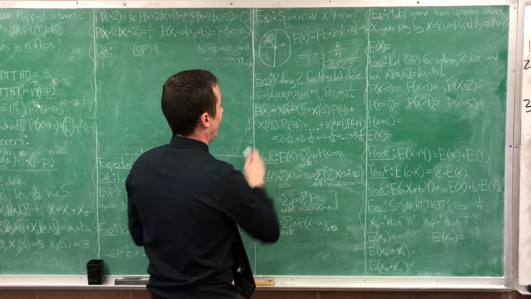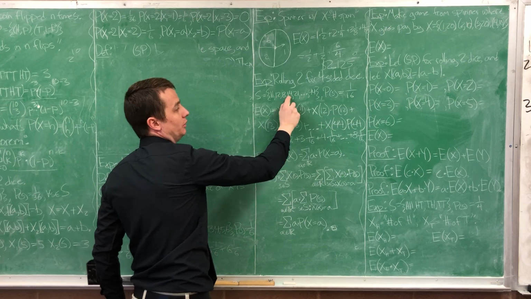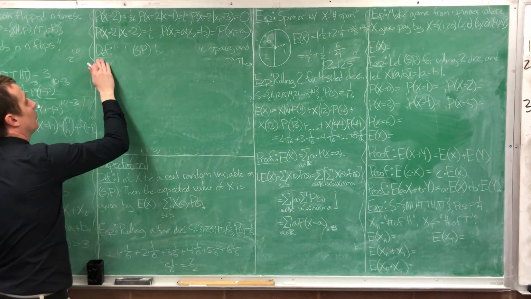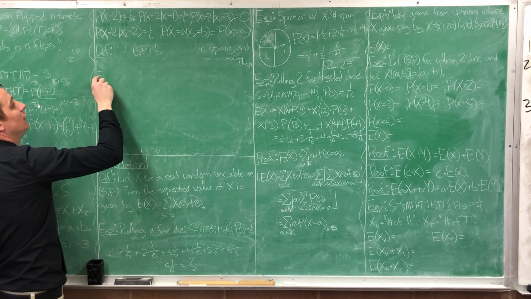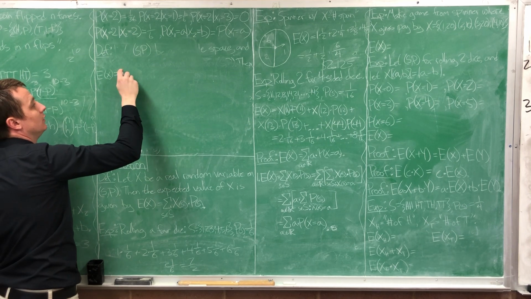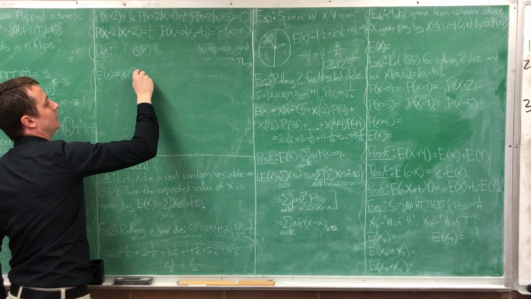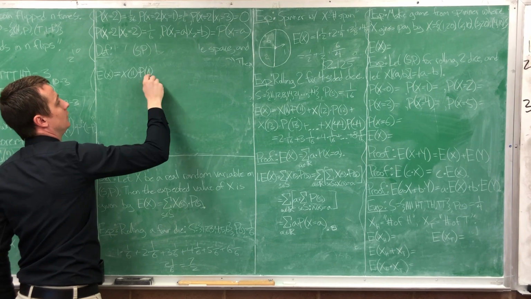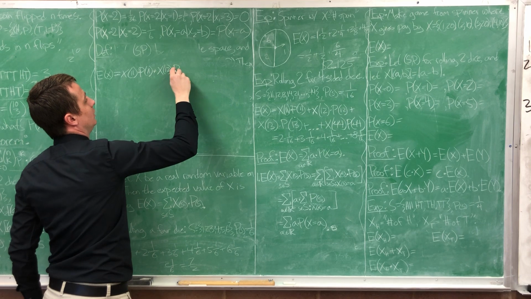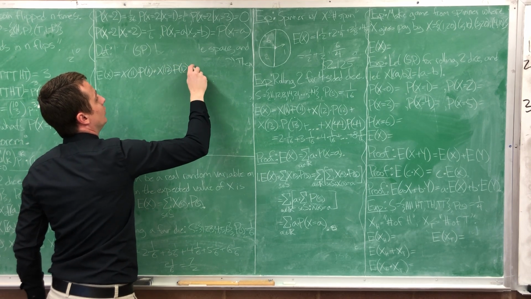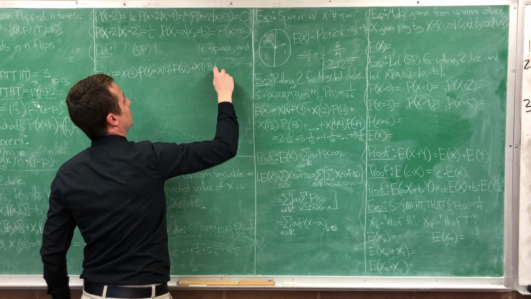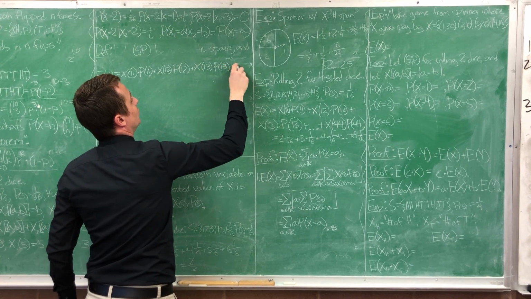So here's our S. S is (1,1), (1,2), (1,3), (1,4), (2,1), (2,2), (2,3), (2,4). Right? And so now we're calculating the expected value. The expected value of X is going to be equal to X of (1,1) times the probability of (1,1), plus X of (1,2) times the probability of (1,2), plus X of (1,3) times the probability of (1,3), plus